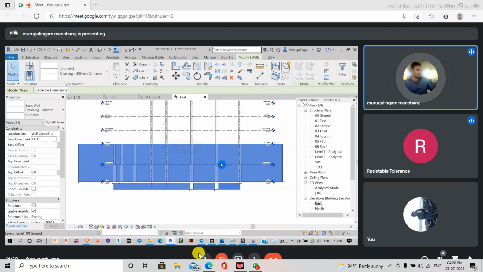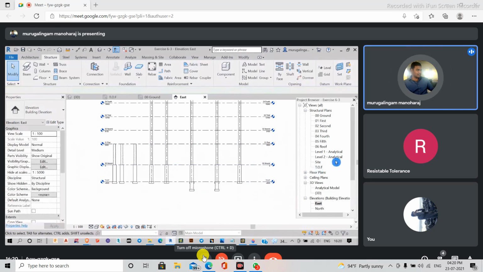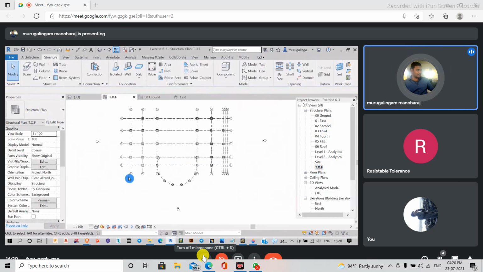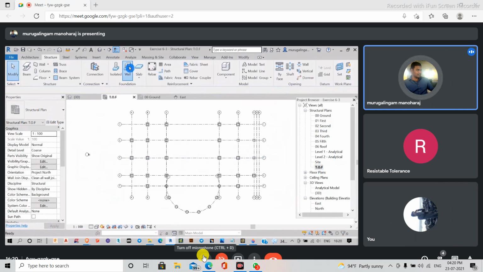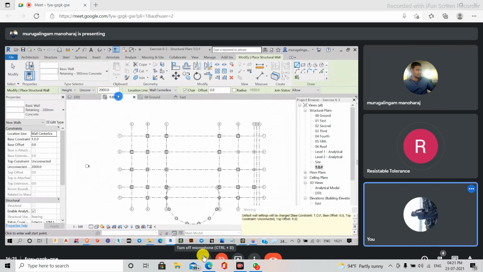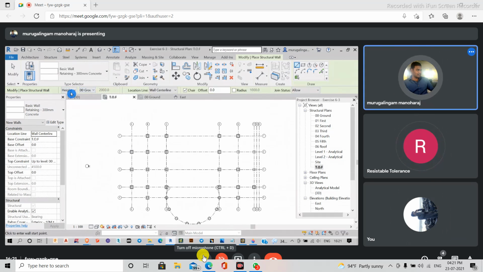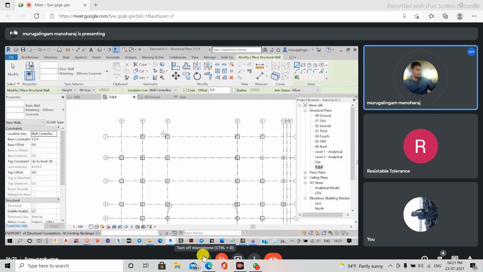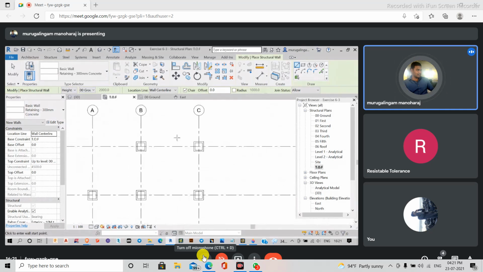Okay, what I'm going to do is delete this one. I have made a mistake, so I'm just deleting these whole walls, and I want to recreate the walls again. I'm selecting not the foundation, but the wall options here. After selecting this, I am going to select the top of foundation, and the height should go up to ground floor. Since I have selected the depth option, it has gone down. So now I can easily create it.